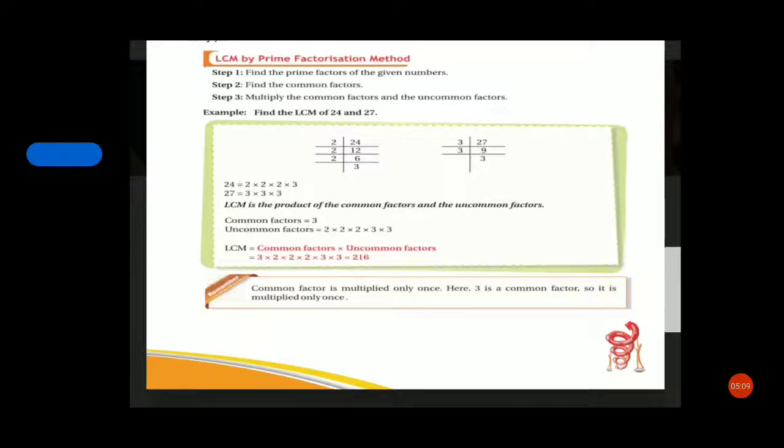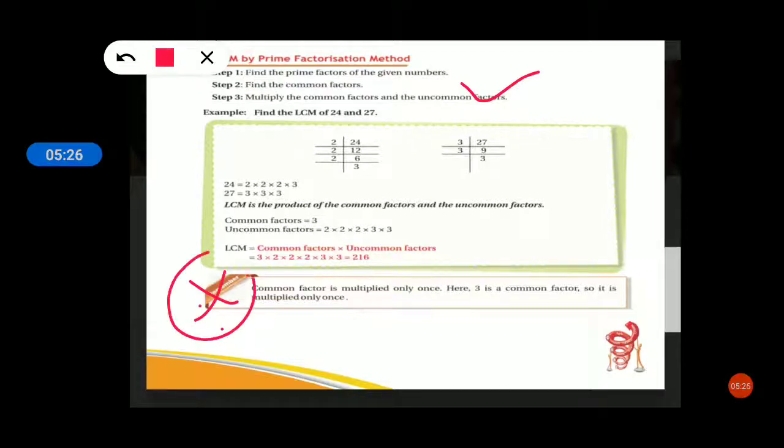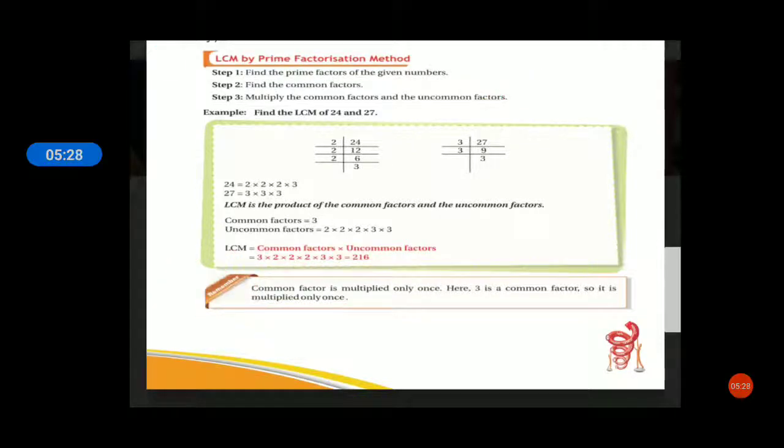So this is as simple as that for the LCM by prime factorization method. We are going to find it using only the prime factorization method. Okay students, only using prime numbers. You are going to multiply both common and uncommon factors. For a common factor you have to take only one number. This is the important one, just try to see it. Okay, next we will continue with the